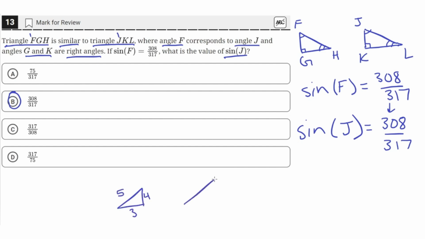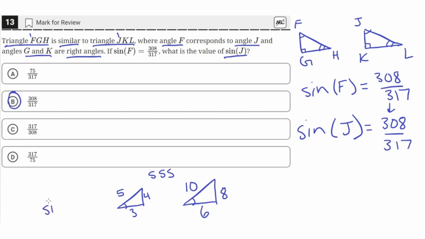right? And then we look at a larger triangle that is similar. So we'll just multiply all the sides by 2, so a 6, 8, 10 triangle. These are similar by the side, side, side theorem, since all the sides are just multiplied by 2 from here to here, which means that when we take the sine of, say, this angle and this angle, so the sine